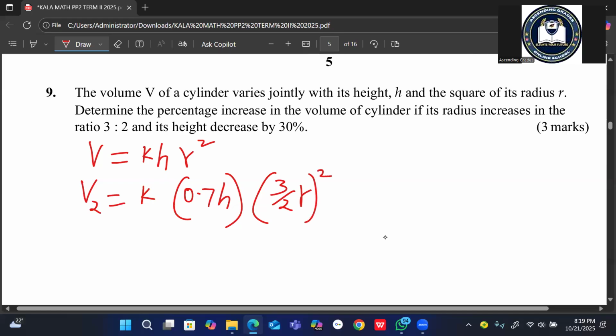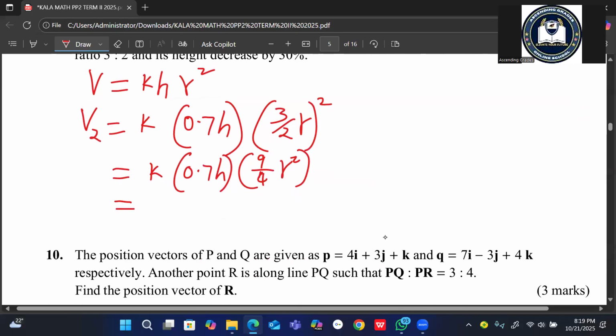So volume V2 should be equal to K into 0.7 h into (3/2 r) squared. So that is the same as K into 0.7 h, then you multiply by 9/4 r squared, which, when you open the brackets, gives you 1.575